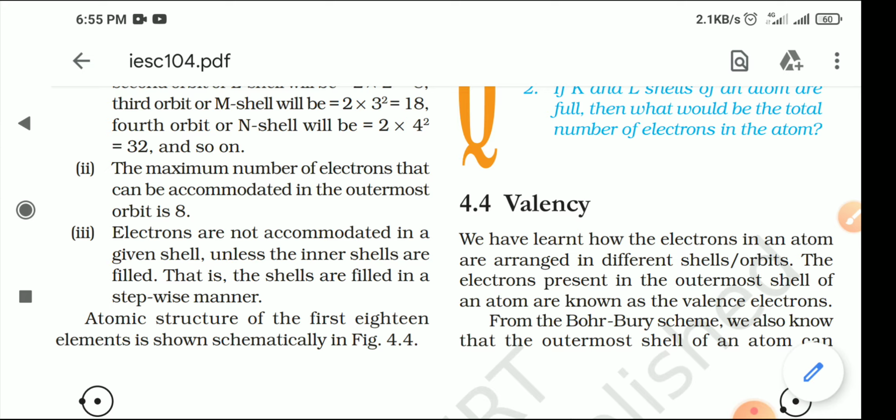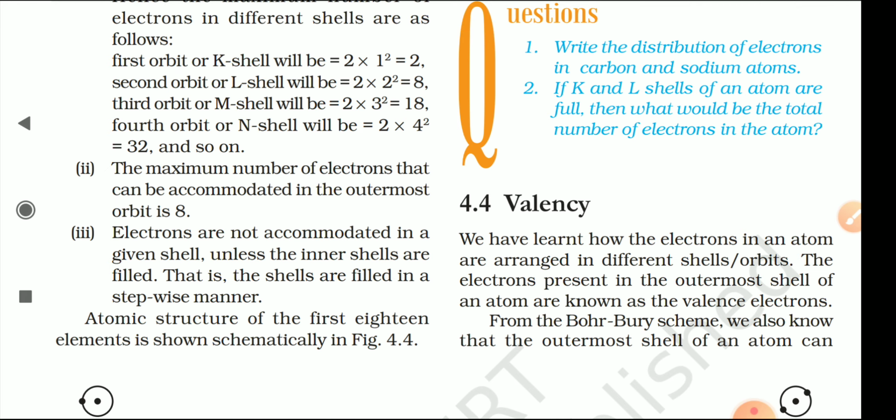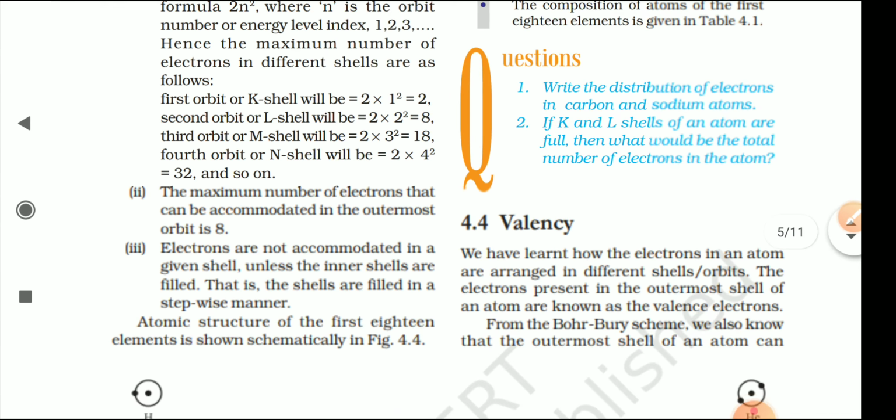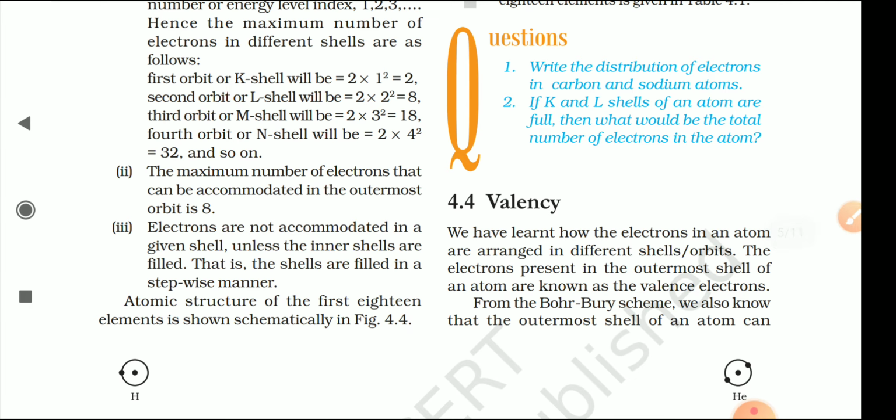Same, third rule: electrons are not accommodated in a given shell unless the inner shells are filled. So definitely, whenever any atom has electrons, the first orbit is filled first, then the second, then the third. It's not like the third orbit is filled first and then the first orbit. The electron will always go to the first shell first, then the second, then the third, and then the fourth. Okay, so for example, if I ask you to write the electronic configuration of sodium atom,